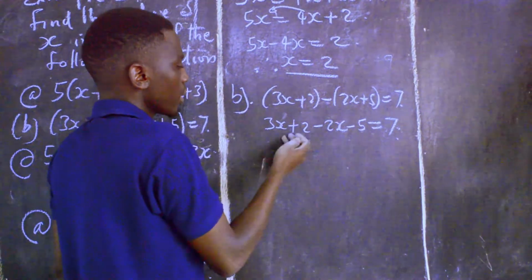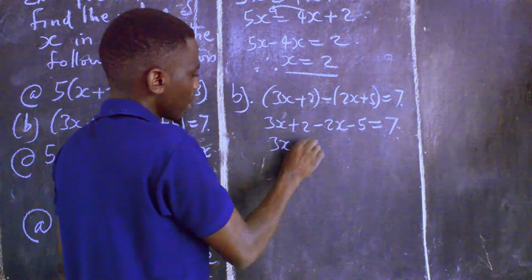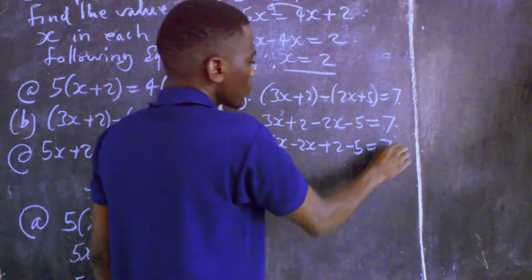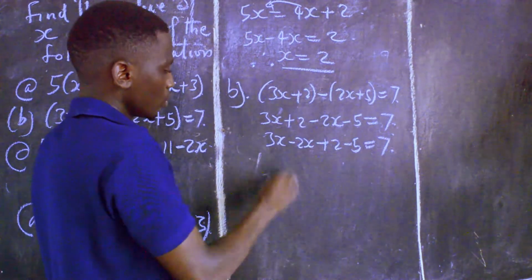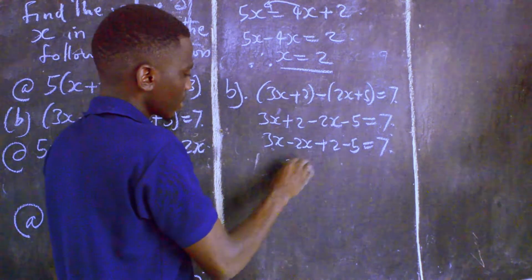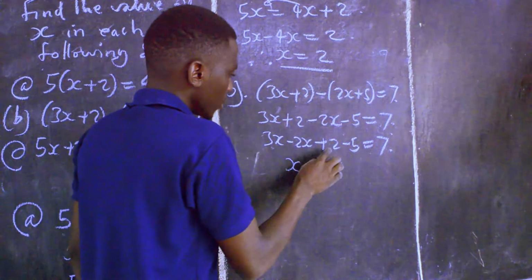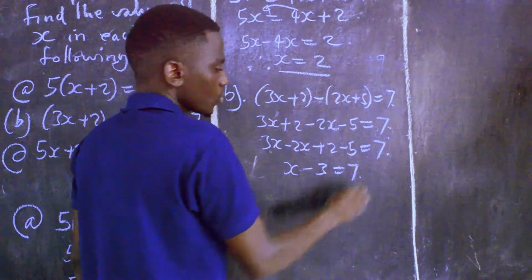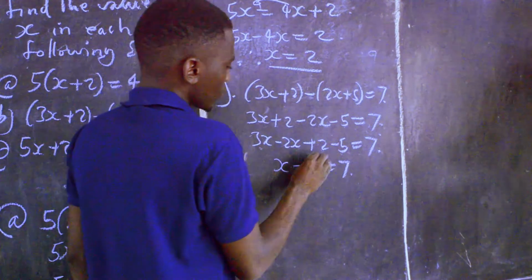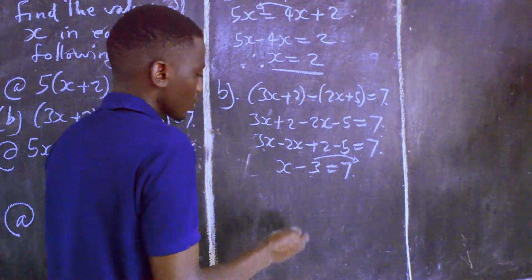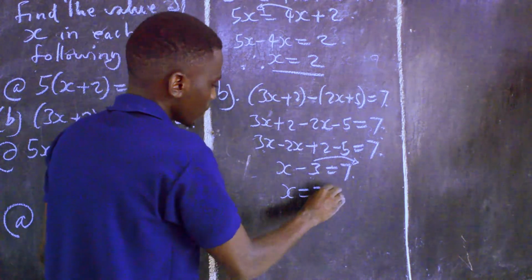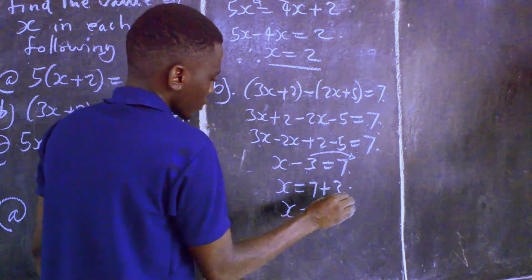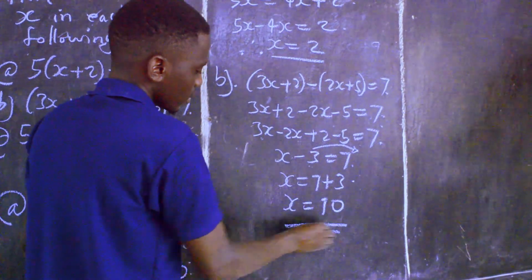And here you rearrange. So 3x minus 2x plus 2 then minus 5 will be equal to 7. So then 3x minus 2x you get x, and 2 minus 5 will remain negative 3, will be equal to 7. This one is negative. Once it comes on this side it becomes a positive. So x will be equal to 7 plus 3. So x will be equal to 10. This is the required